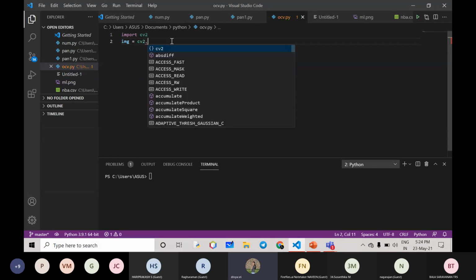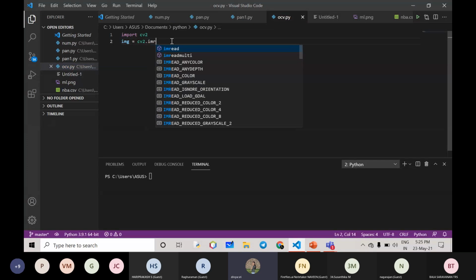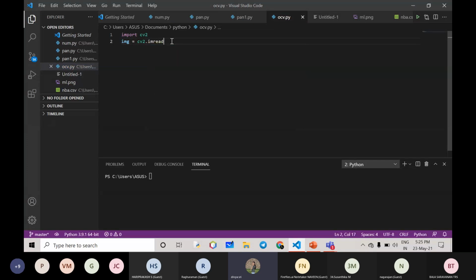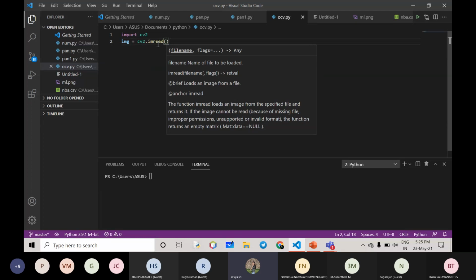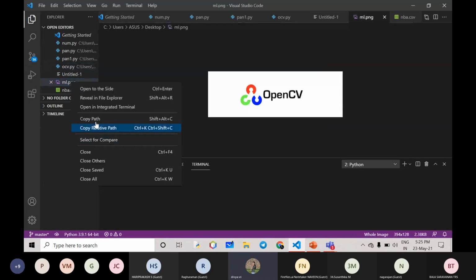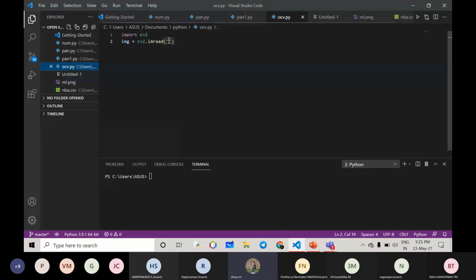cv2 dot. To load an image, there is a function called imread. The imread function will read the image or video, whatever it is. What we have to give here is the path of the image. Just copy the path and give it here.